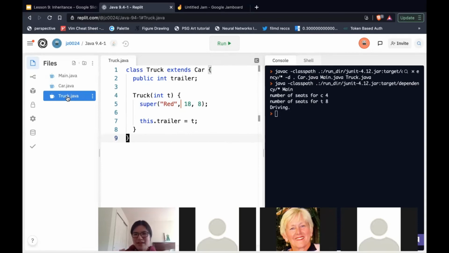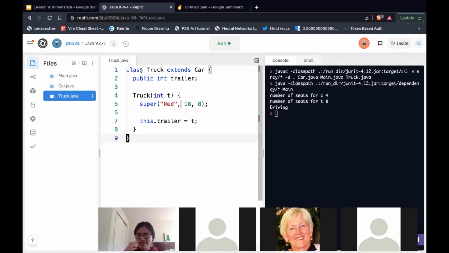Especially for Java, when you're creating a subclass, think about it as building on top of the parent class. The parent class is a base class, and you're adding new fields and methods to it. That's why it's called truck extends car, because truck is extending the information and behaviors that